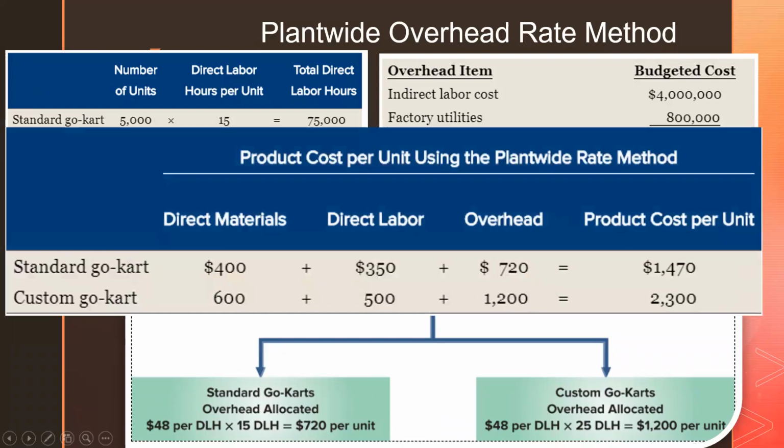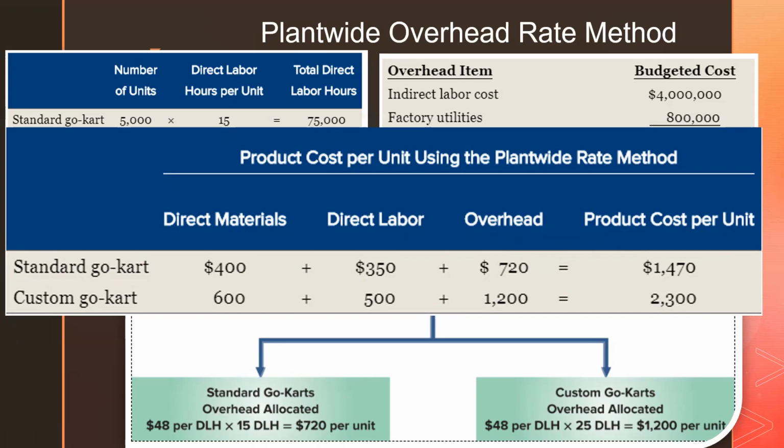This wasn't something we calculated, they just gave it to us, but direct materials for standard was $400. Direct labor was $350. When we add the $720 that we calculated for standard go-karts, we see our total product cost or our manufacturing cost are